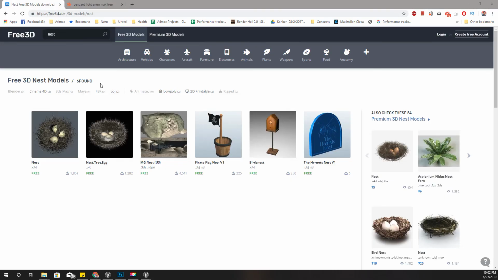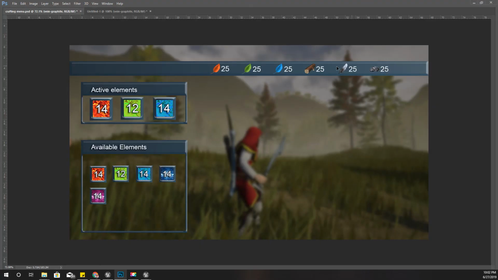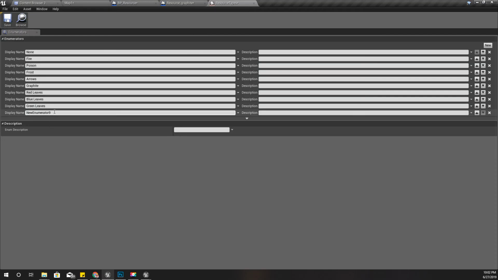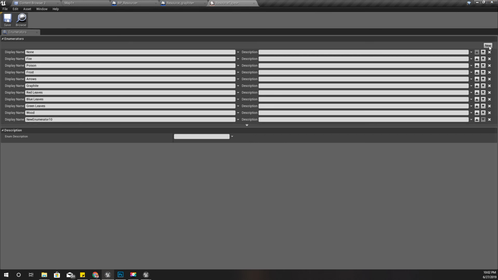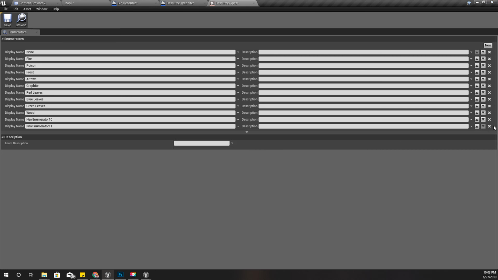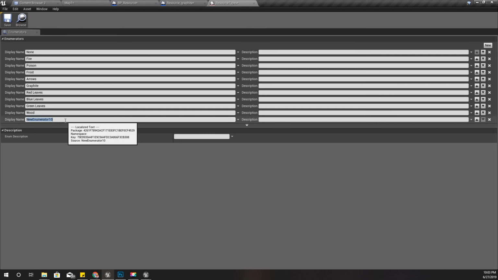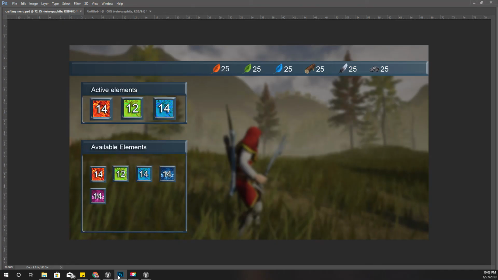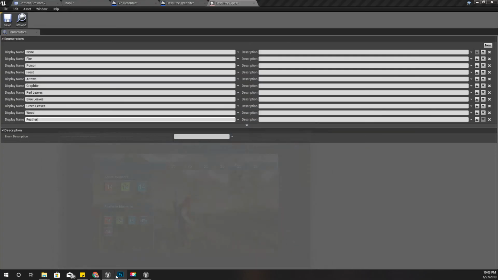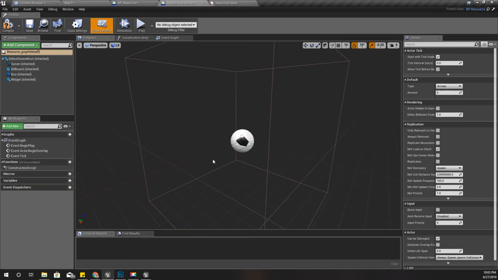What else do we have here? Wood and feather. That's all right. Yeah, that's all. Okay, save it. Now I can define the resource type here with